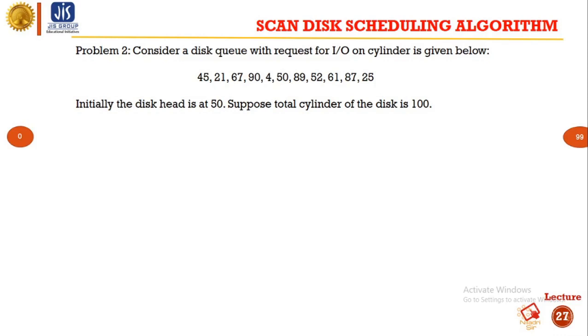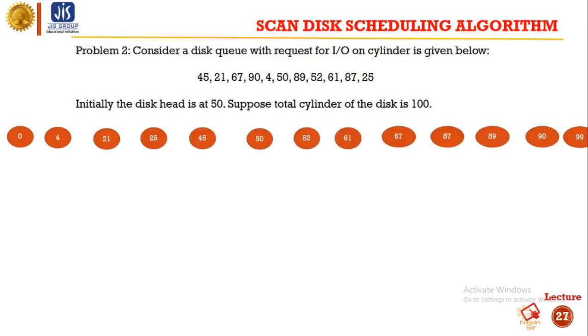Now we will plot the rest of the elements in ascending order: 4, 21, 25, 45, 50, 52, 61, 67, 87, 89, 90. Okay, so all the elements are placed here. Initially our head is at position 50.